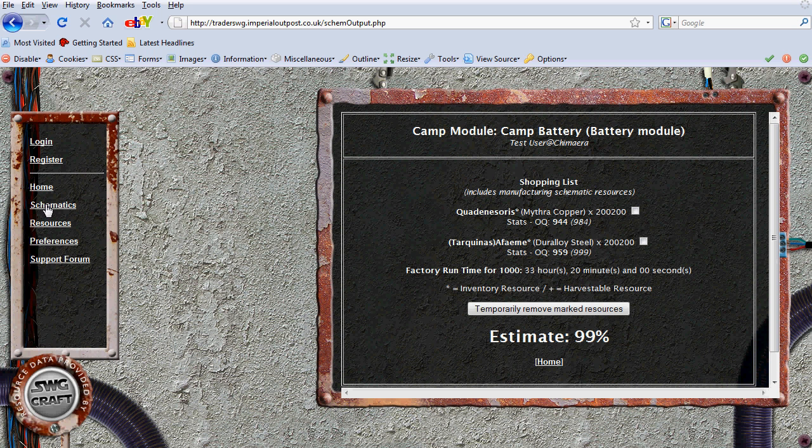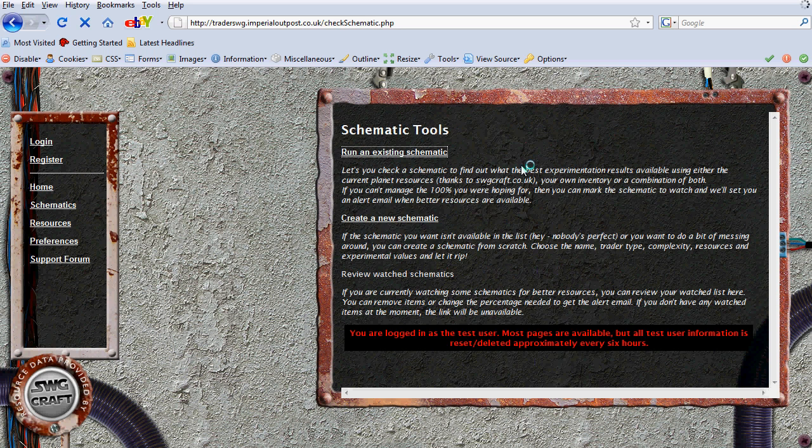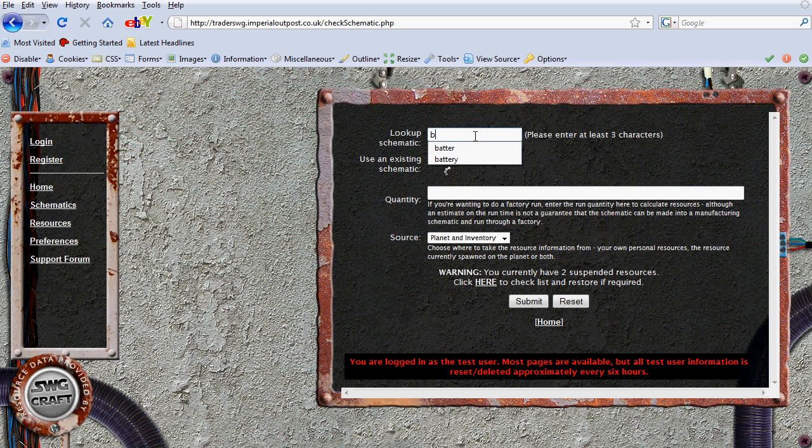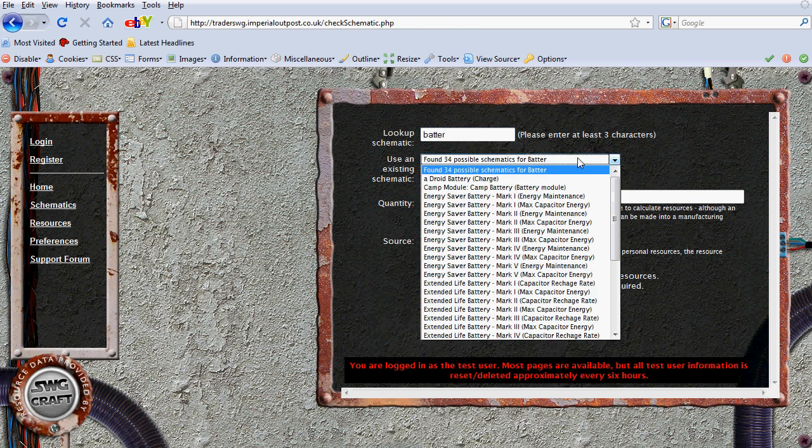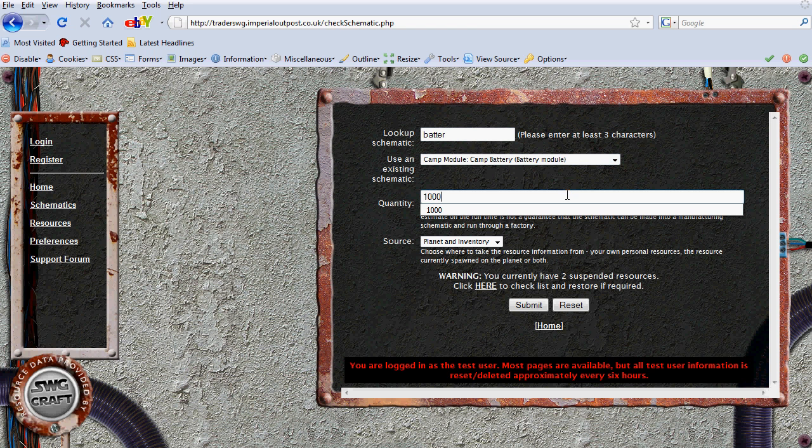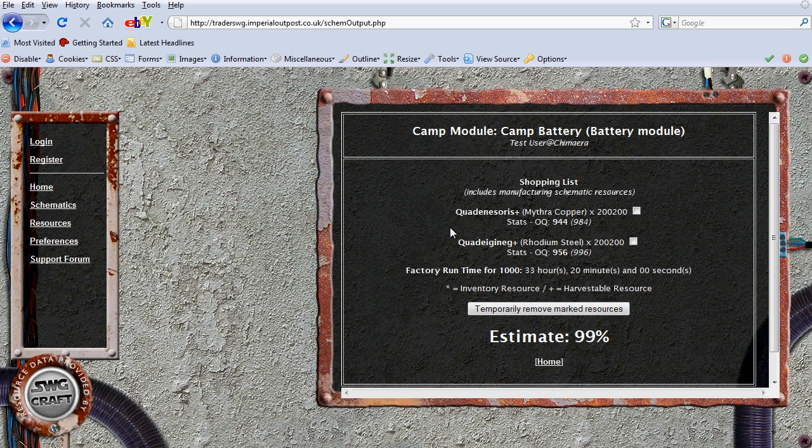And again, we'll just rerun it one more time, and I'll show you just using the planetary resources, which it takes from swgcraft.co.uk. You notice the sign there, have a click on it, it's a fantastic website, and we'll just use the planetary resources this time. Submit, and there we go. The best we can make at the minute is 99%, because there's some fairly good copper and fairly good steel there. As far as overall quality goes, the rest of the stats could be ridiculously poor, but